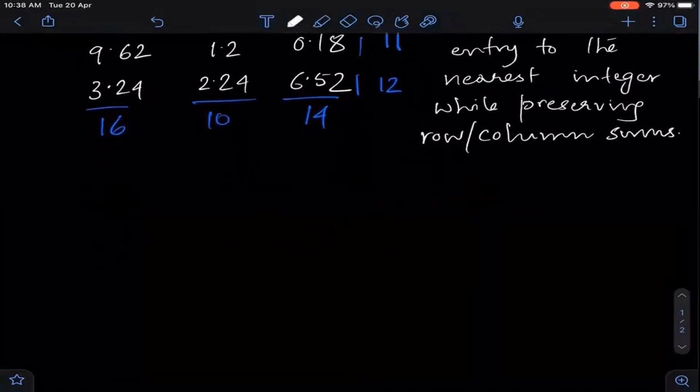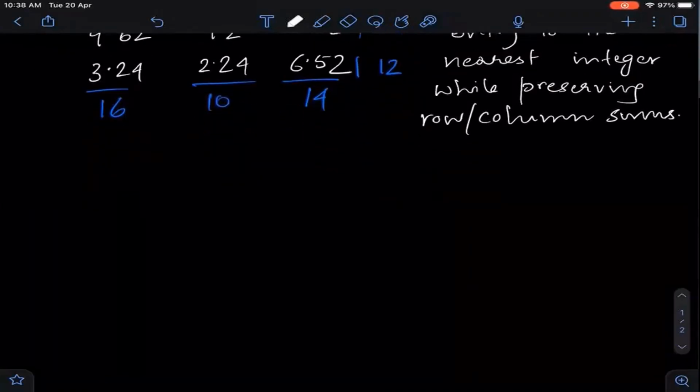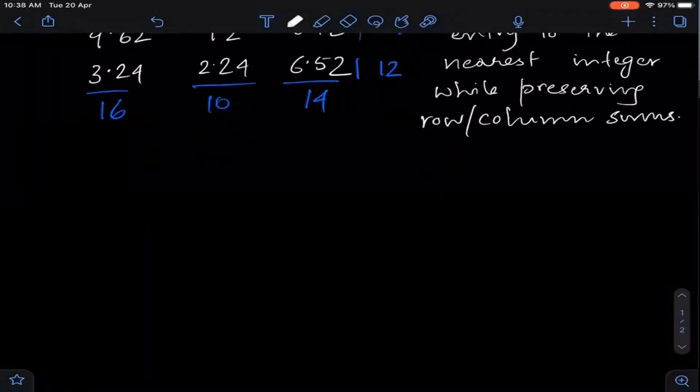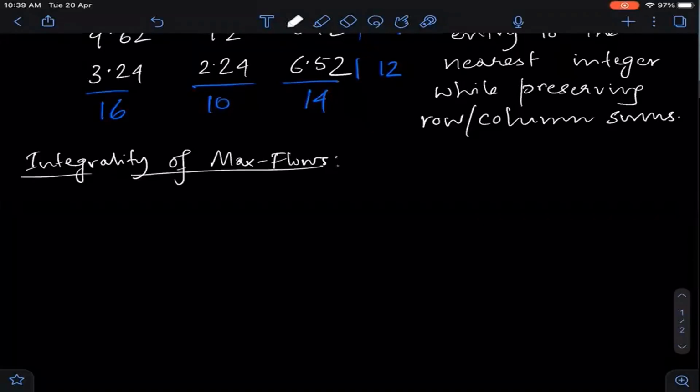Okay, so before we go on to actually reducing this problem to max flow, what I should talk about, which I probably did not in either one of the uploaded videos or the previous lecture, is integrality of flow. So I might have mentioned this on the fly, but let me just reiterate this thing. It's quite important. Integrality of max flows. So what do I mean by integrality? So the theorem says that if all capacities are integers,